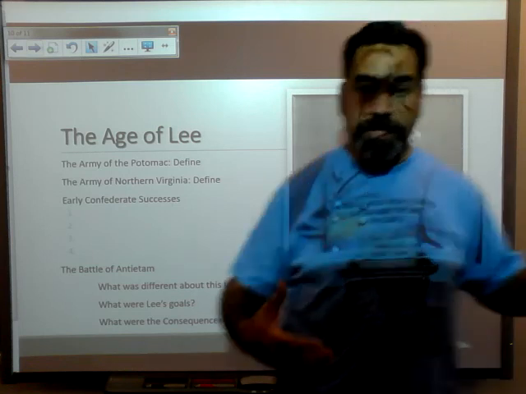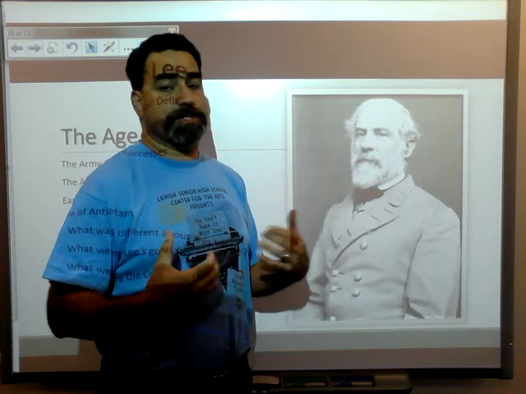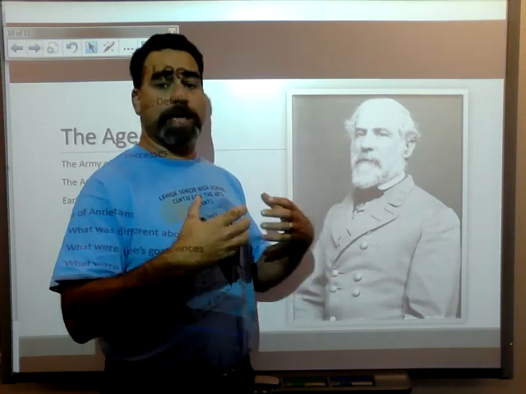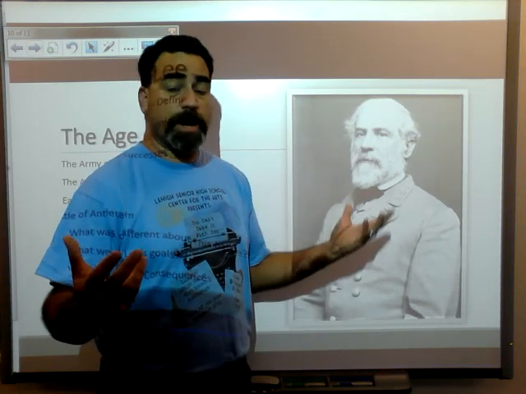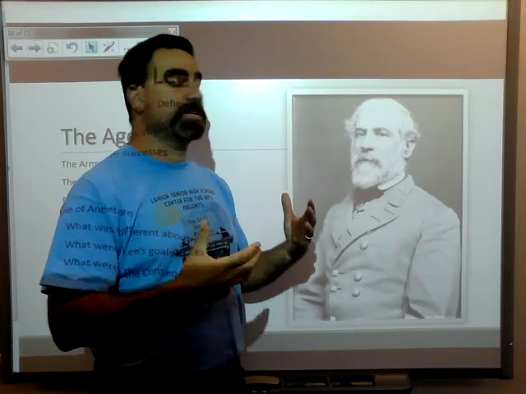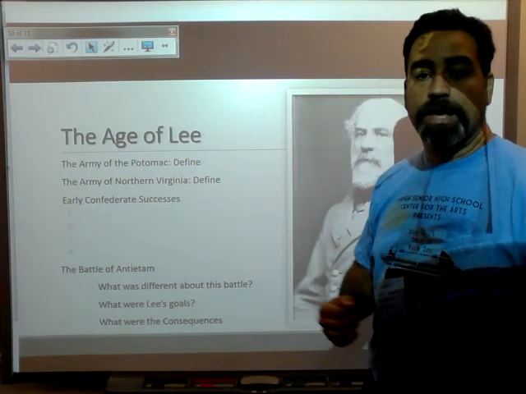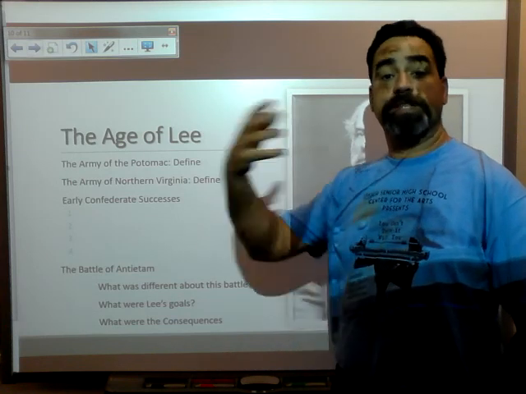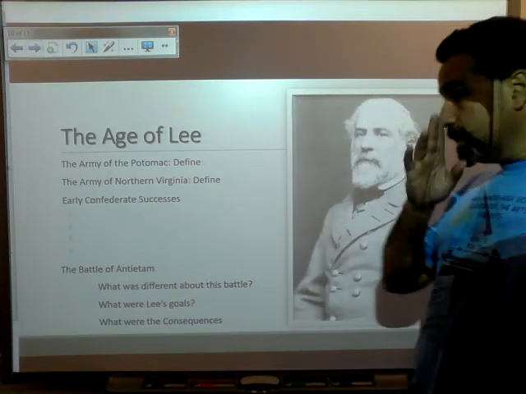Unfortunately for Lee at this point, Lee is in foreign territory. He can't supply himself. He can't sustain himself. He can't engage in a pitched battle for a very long time under these circumstances. He's also outnumbered. So once this fight comes to a stalemate, Lee has to abort the field. He has to leave, and he will return to Virginia. So the very first offensive on the part of the South is going to end badly for General Lee.